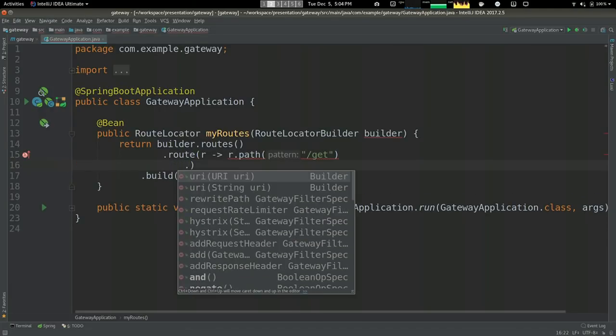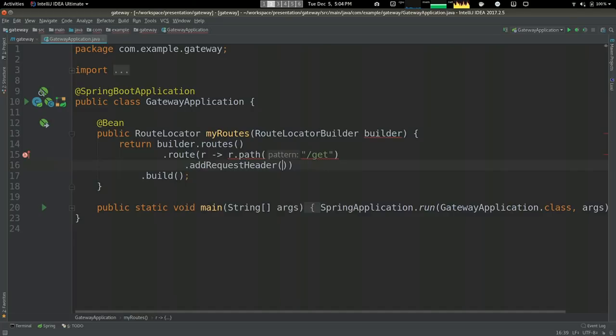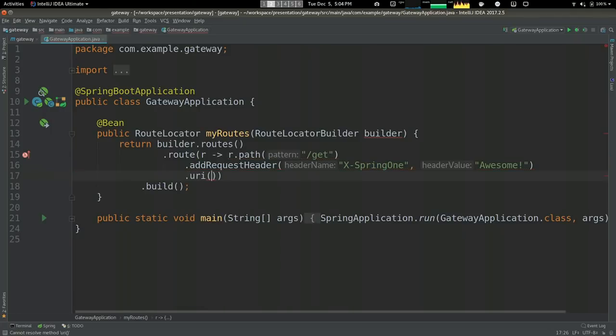and let's add a filter to this, add request header. We're going to call it SpringOne, and the value is awesome. And then to finish, we need to send it to a URI. So first, no, three T's, httpbin.org. Now, normally that would be okay, but we need to add the